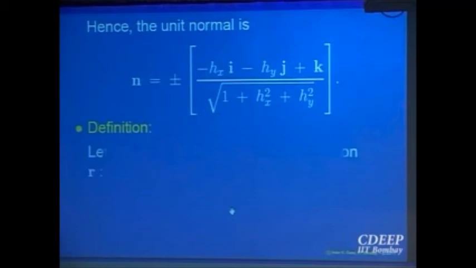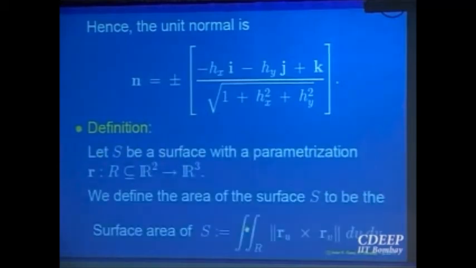So now let us come to the surface area. This is what I said, that for a surface given by a parameterization R, assuming it is a smooth surface, that means the component functions Ru, Rv are continuously differentiable, then Ru cross Rv will be a continuous function. Its norm is again a continuous function, so this double integral will make sense. For that reason only we are putting that condition of smoothness. So for a smooth surface given by a parameterization, we define the surface area to be equal to this.